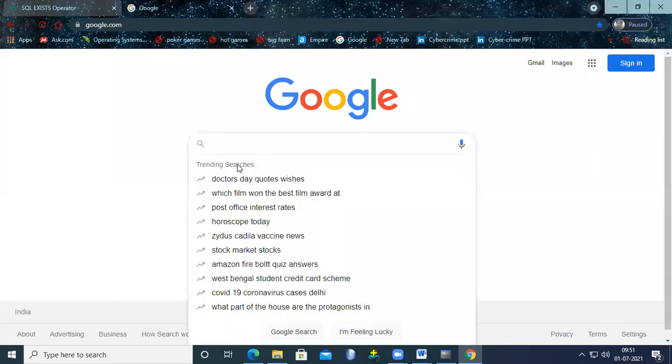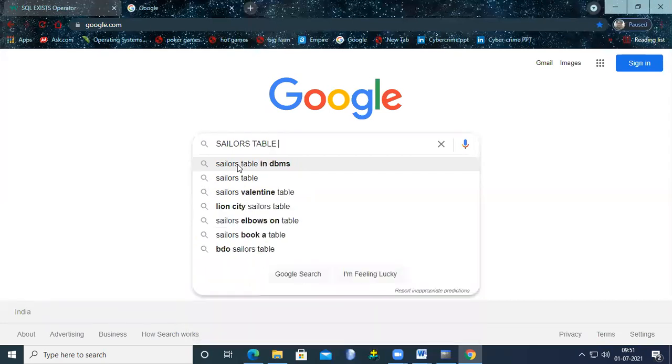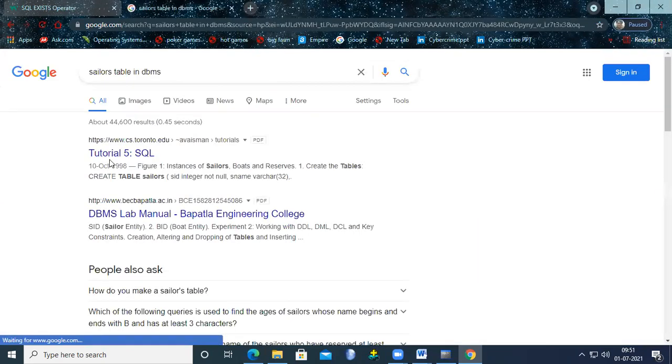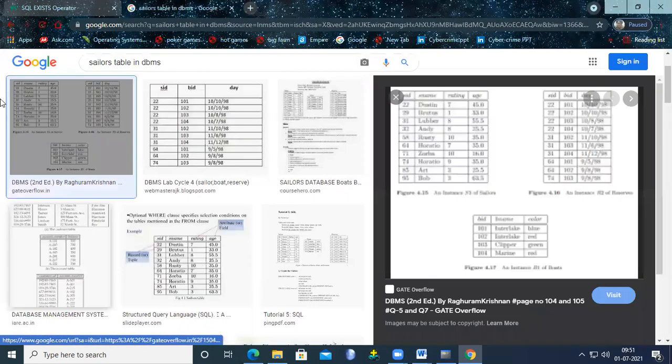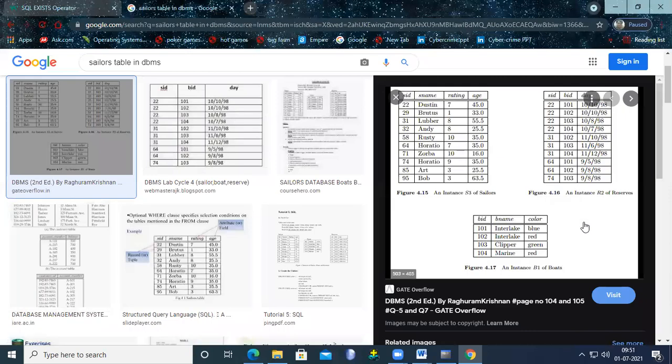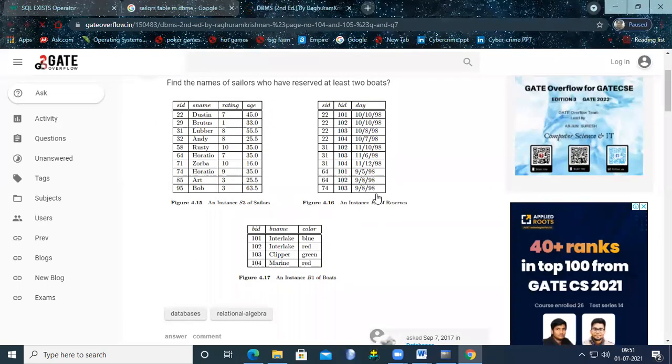This is the Google Silence table in DBMS. If you observe this, how are we creating this table? I already gave the task in the last class, and today also I'm giving the task. If you know this, please try to create these tables. How are we creating these tables?